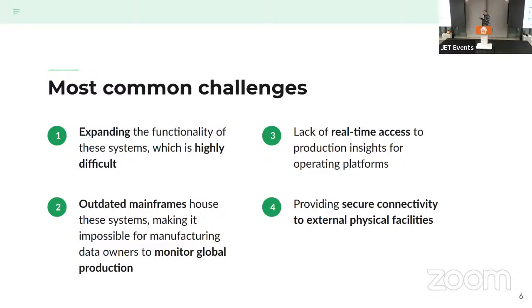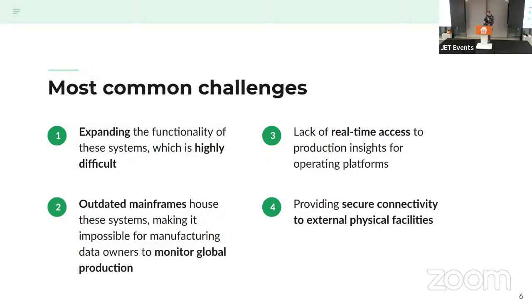The second one: these systems live in mainframes spread all over the world, and it's hardly possible to monitor the production globally. The third one is the lack of real-time access to production insights. And last but not least, secure access to external facilities.